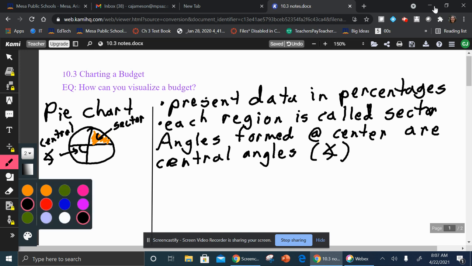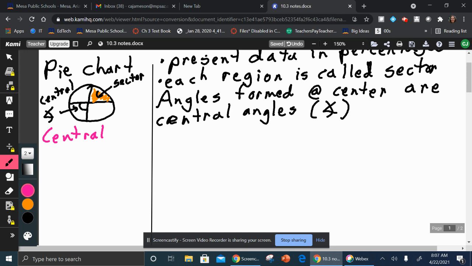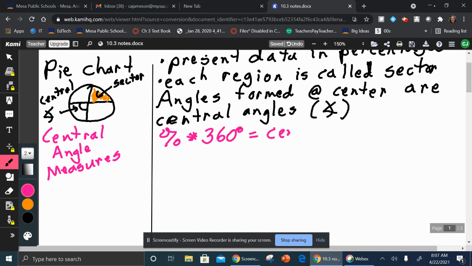Okay, so we have our central angle measurements. So it's the percent times 360 degrees is the central angle. And then we have, for the household,